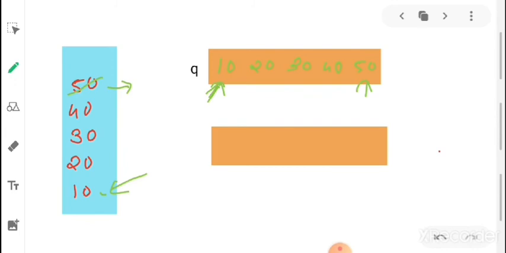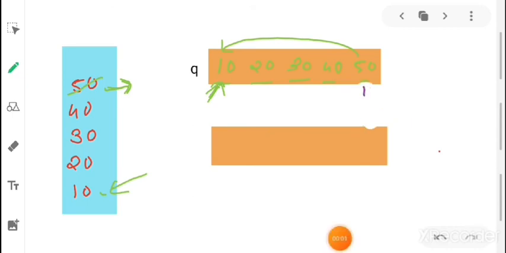So somehow we have to make sure that 50 will become the front element, not 10, not 20, not 30, not 40. 50 should point to the front, so that if we call the dq function, 50 will be the element that will dq first.